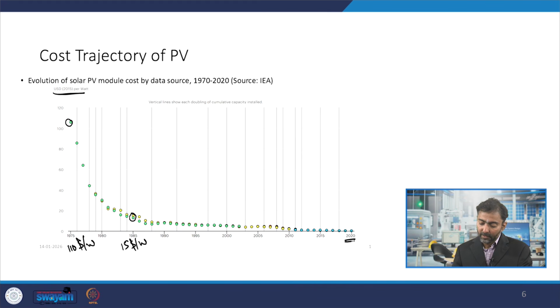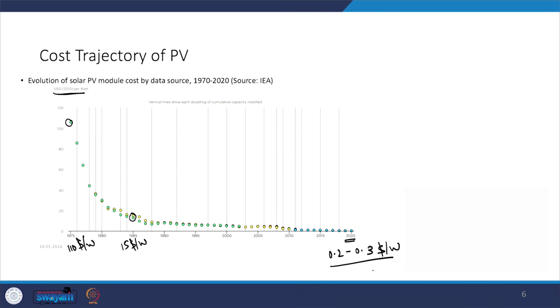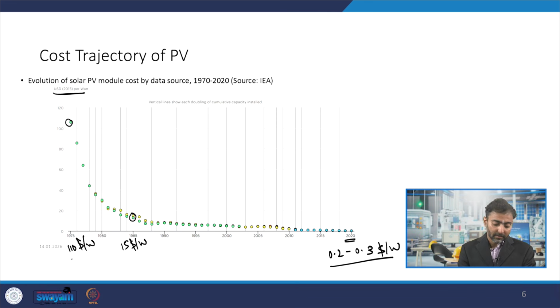So around 2020 or in the last 3, 4, 5 years, the cost of commercial solar PV panels has come down to around $0.2 to $0.3 per watt. So as you can see, there has been a massive reduction in the cost from somewhere around $110 per watt in 1975 to $15 per watt in 1985, and now down to around $0.2 per watt as of 2020 to 2025. So this massive decline in the cost of solar PV has happened mainly due to the extensive research